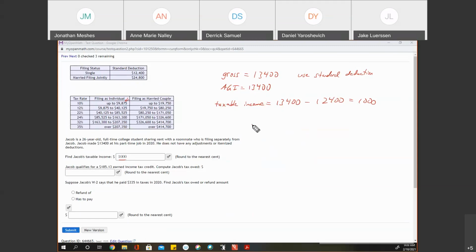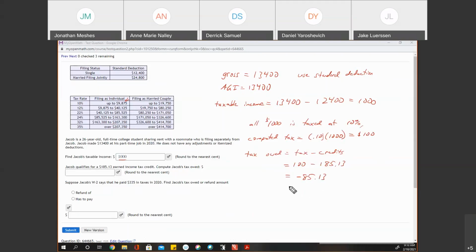Okay, so all $1,000 is taxed at 10%. So our computed tax is 10% of 1,000, which is $100. But we have to be careful. The actual tax that we owe, we take our computed tax and we subtract off the credits. So we're going to take our $100 and subtract off $185.13. So we end up with negative